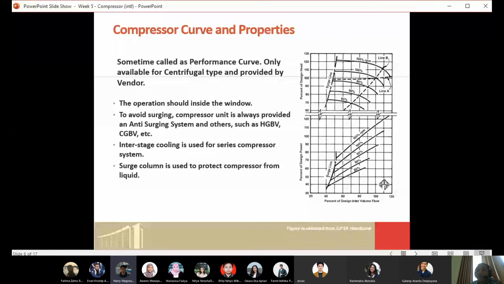Because if you have more gas than the requirement, a portion of the gas will go back to your inlet. So it means there will be a back flow rate or back pressure. Also, the lower part is limited by the minimum speed, and the higher part is limited by the maximum speed of the blade of the compressor. In that window we have to operate inside the window, so it will be the best for us.